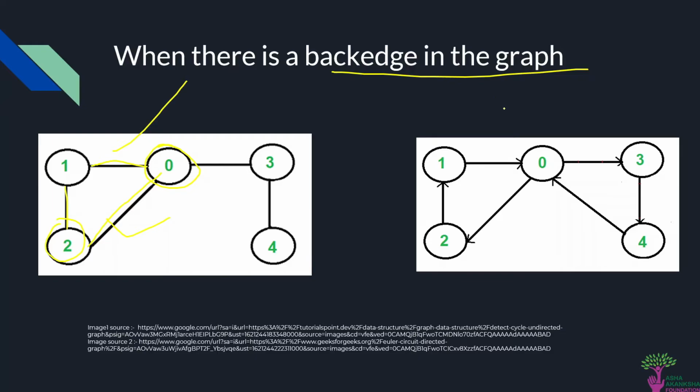Similarly, in the case of a directed graph, if I move from 0 to 3, as there is an edge from 0 to 3, then 3 to 4, 4 will be a descendant of 0 or 0 will be an ancestor of 4 and there is an edge from descendant to ancestor which is also a back edge. So in this case there will also be a cycle. Similarly, there will be another cycle if I move from 0 to 2, then 2 to 1 and then 0 is the ancestor of 1 and there is a back edge from 1 to 0. There are two cycles in this graph. So this is how we detect a cycle using a back edge.